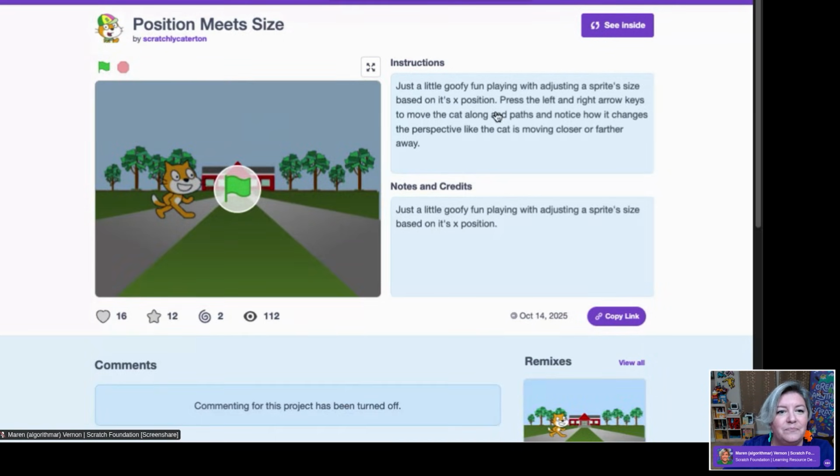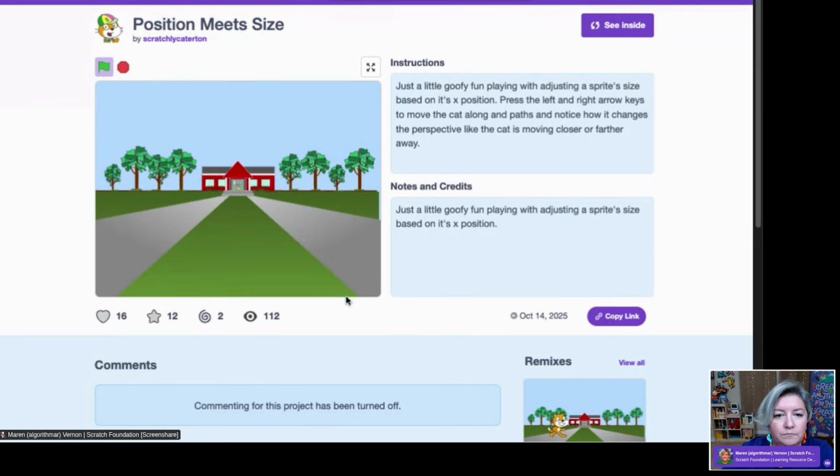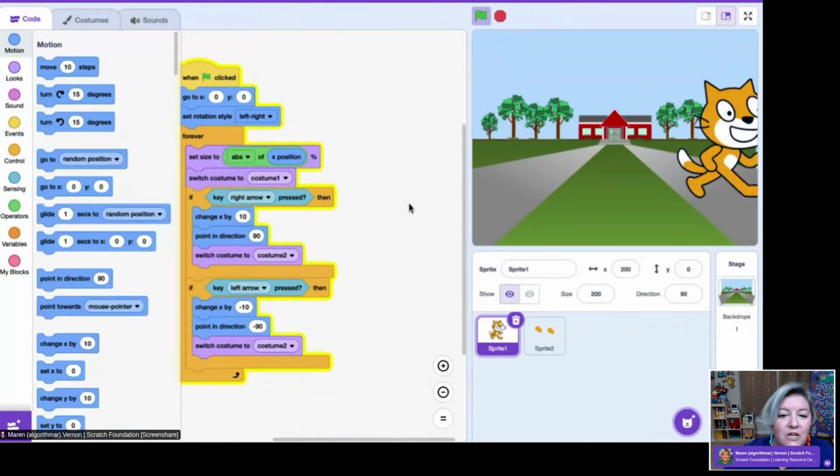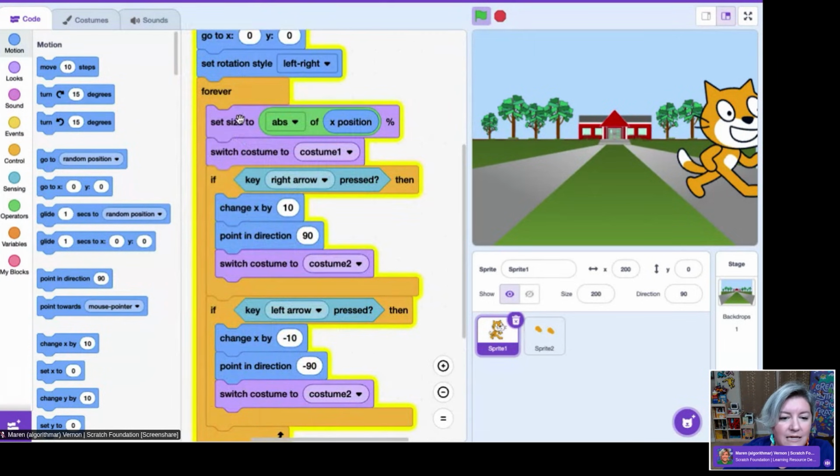Or here's this idea of position meeting size. If I press my left or right arrow keys, as the cat goes closer to the center of the stage, it gets smaller, and if it goes farther away from the center of the stage, it gets bigger. When you look inside, you can see that what I'm doing is setting the size based on its position on the screen.